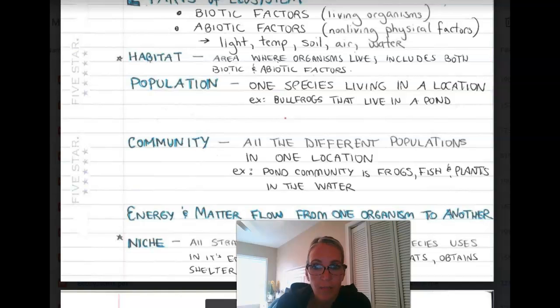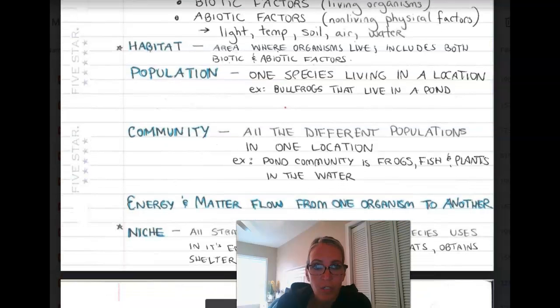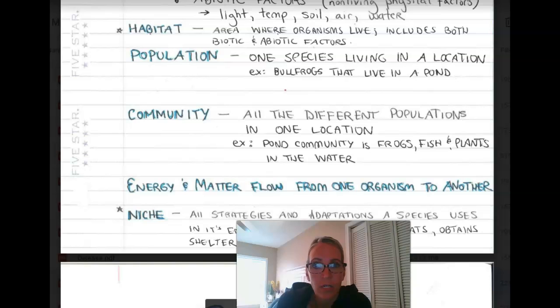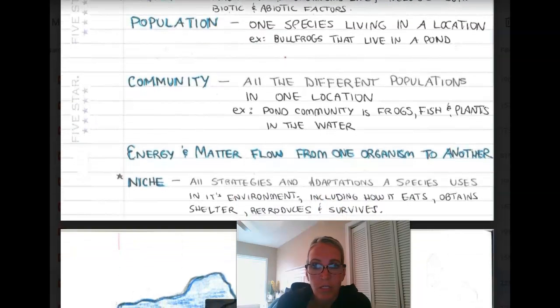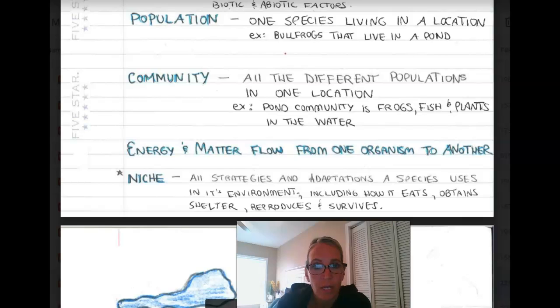The next part of the notes is just a fact that energy and matter flow from one organism to another. And the last is a niche. It's all the strategies and adaptations a species uses in its environment, so including how it eats, obtains shelter, reproduces, and